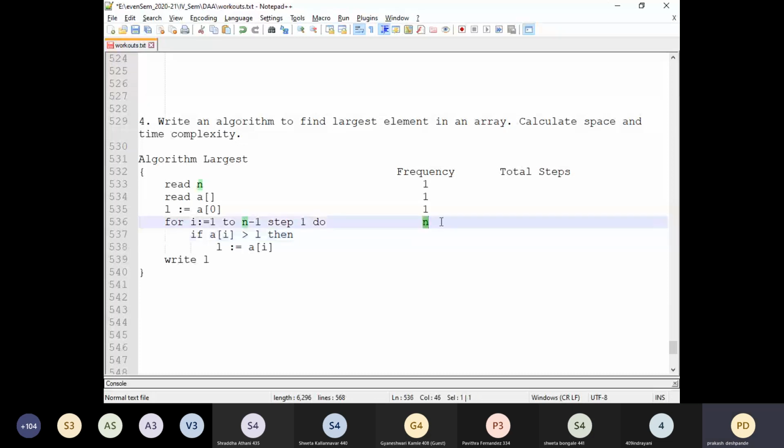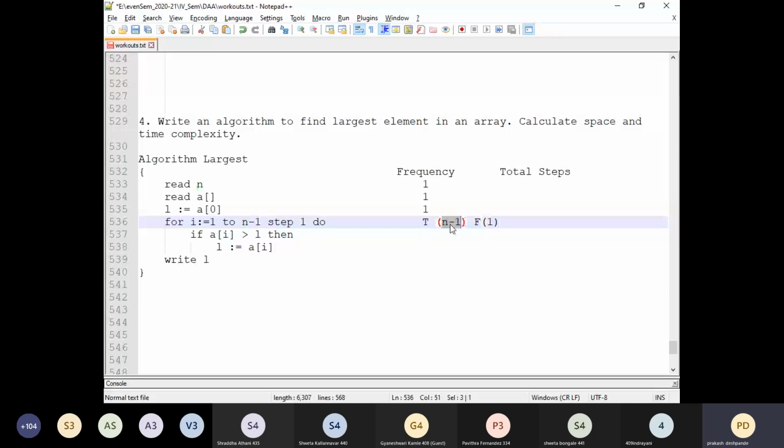When you said n here, I just explained how we derived this n. This n is nothing but the frequency for the true and the frequency for the false. True, how many times will it be executed? N minus 1 times, and false will be executed for 1 time, right?